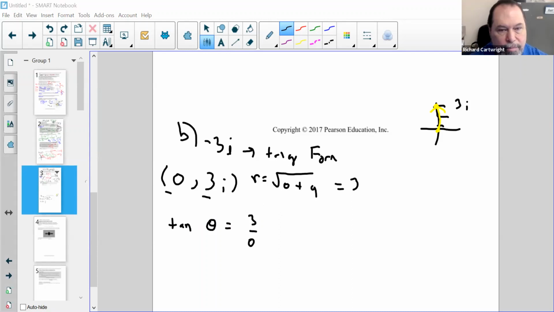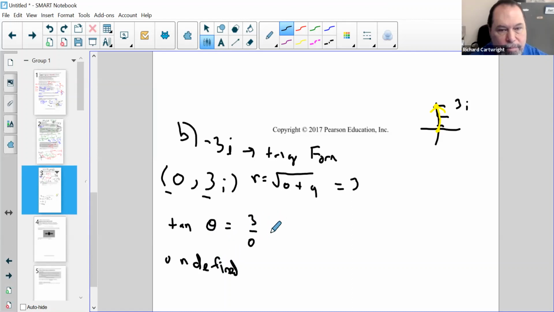Anybody? It's undefined. I can't find theta from here. It's undefined. It looks like I made a mistake, but I didn't. Where is tangent